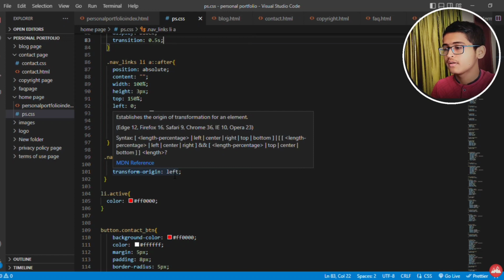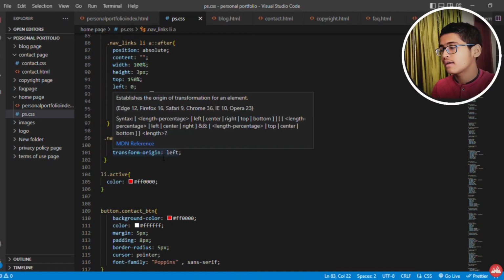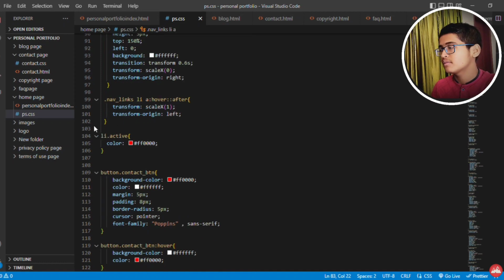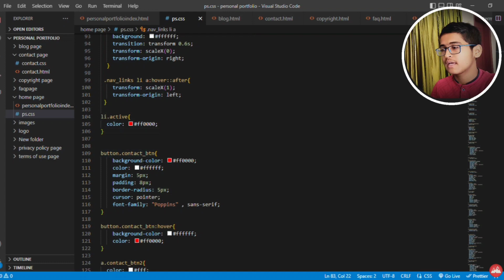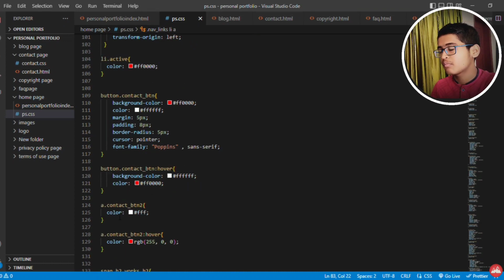After that I put in some button. For the contact button I put in the hover tag, and when we hover it, as you can see, it becomes white color and the contact becomes red color. For that I put in this one hover tag, and for the contact anchor tag also I put in white color, and when we hover the button, the contact anchor tag becomes red. And for the span, as you can see, this all. For that I put in this all